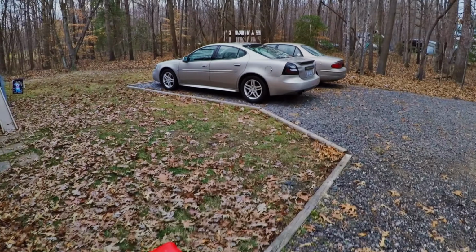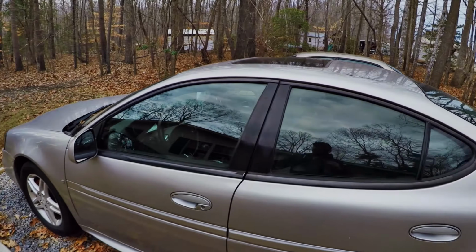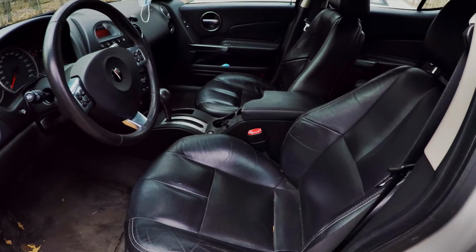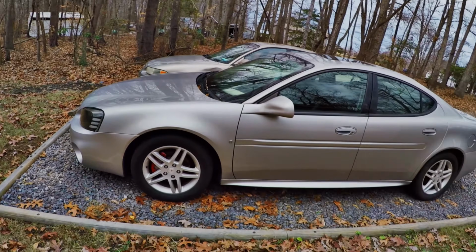And let's talk about the 2007. The 07 is still in really good shape. It's a little dirty right now, but one more shot of this interior is not going to hurt because it is a nice interior. My goals with this car for 2022, because this year all it's really gotten, well, we got the car first of all,